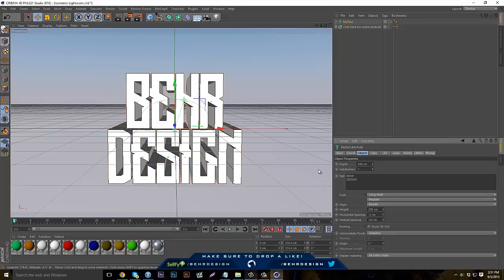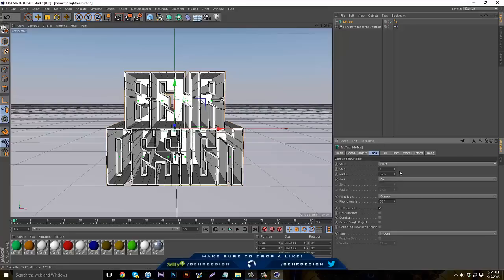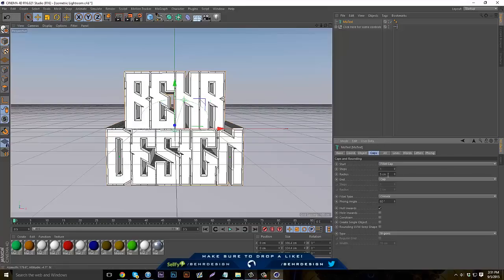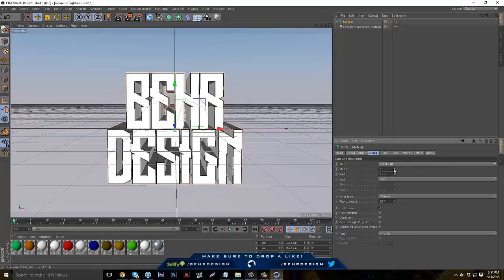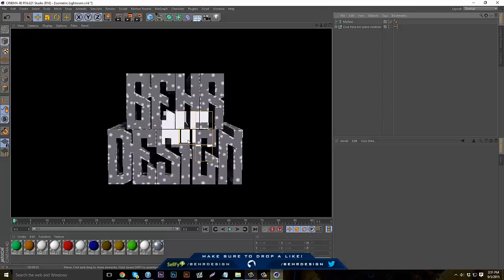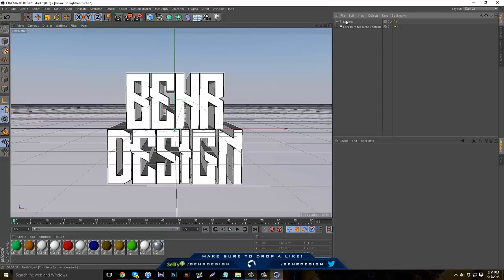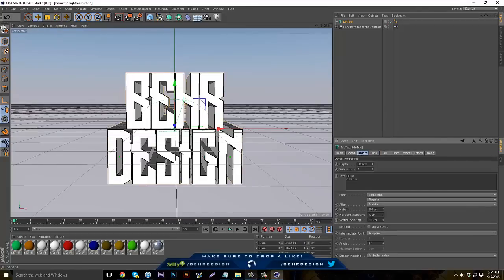300-ish, 300, 400. Alright, so what we can do now is put fillet caps on it, and you guys can just round them off, put these down to like 1 and round them off if you guys want. If you do that, there will be a little bevel on the side of the text, just to show you guys what it looks like. So it looks a little cleaner. It's less blocky if you guys want to use it that way. But another thing you guys can do is go to your vertical spacing and change it a little bit so